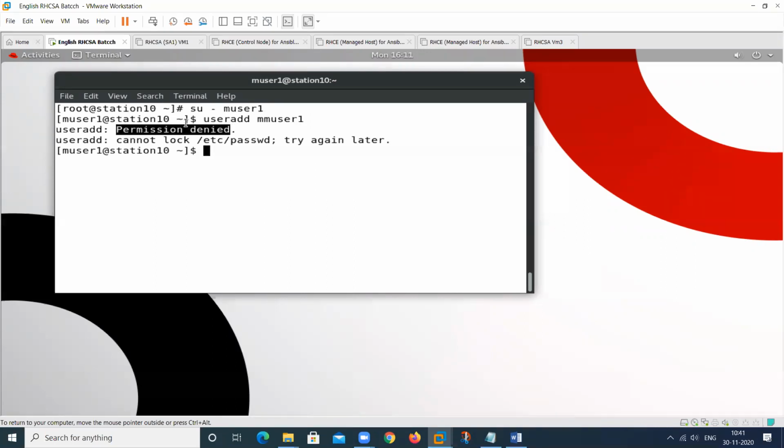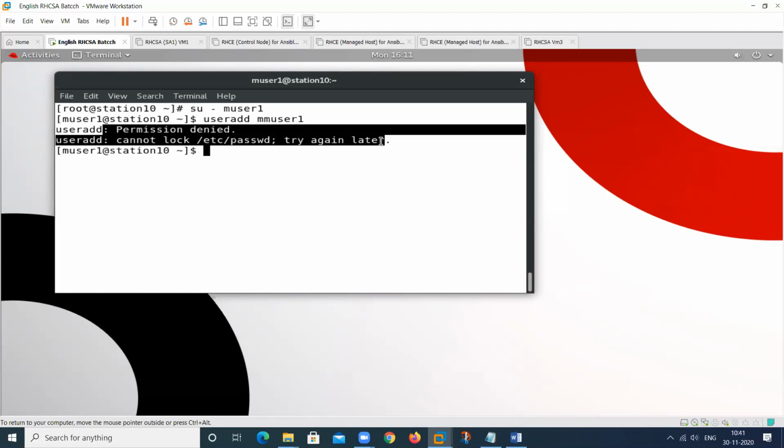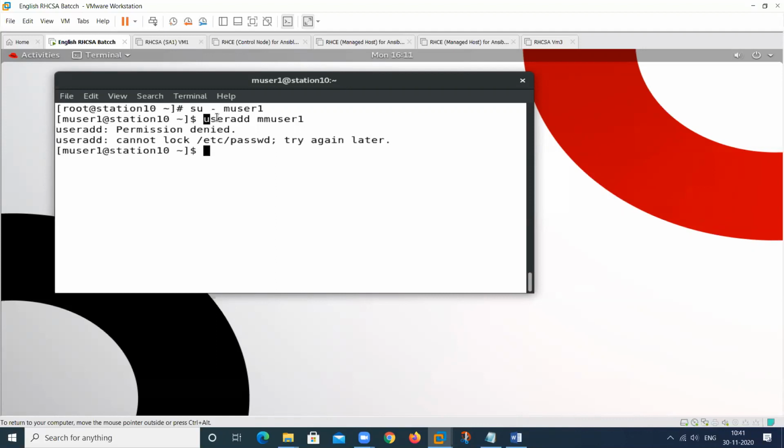Because at this time this user is not a super user. So this user has no access to this particular file, because this file is locked for this particular user. This user has no rights to open this file, so it cannot change or add anything in it. This user has no permissions to run this particular command.